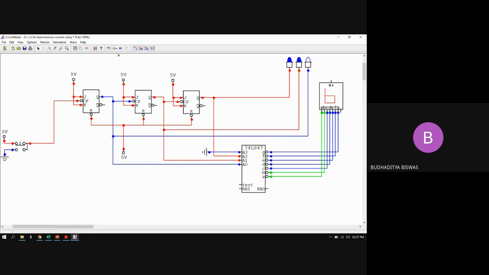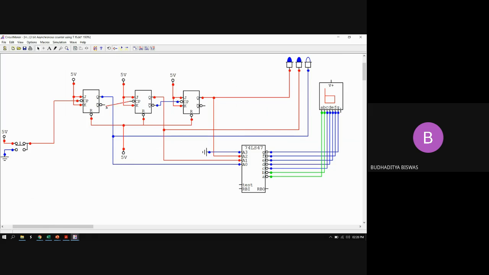But instead of taking the clock pulse from the previous flip-flop output, if I take the clock pulse from the previous flip-flop output bar, then it will start counting in the down sequence. I will just show you. So I delete the clock pulse from the previous flip-flop output and connect the clock pulse from the previous flip-flop output bar.